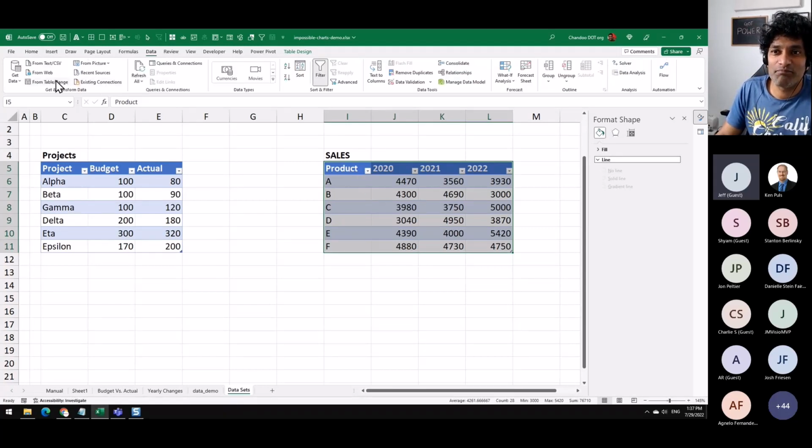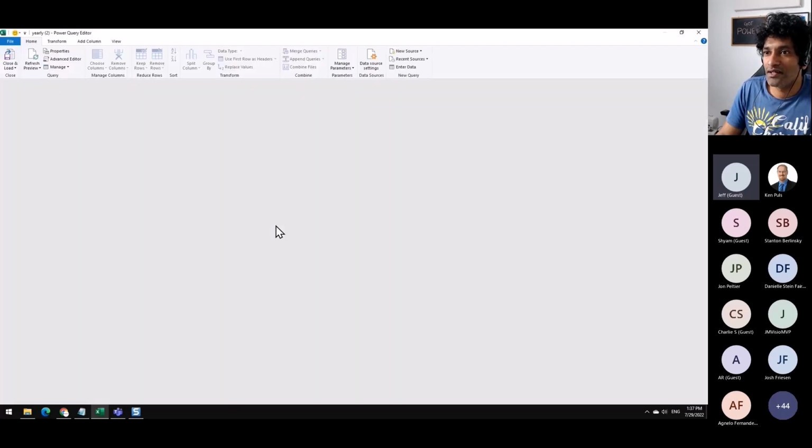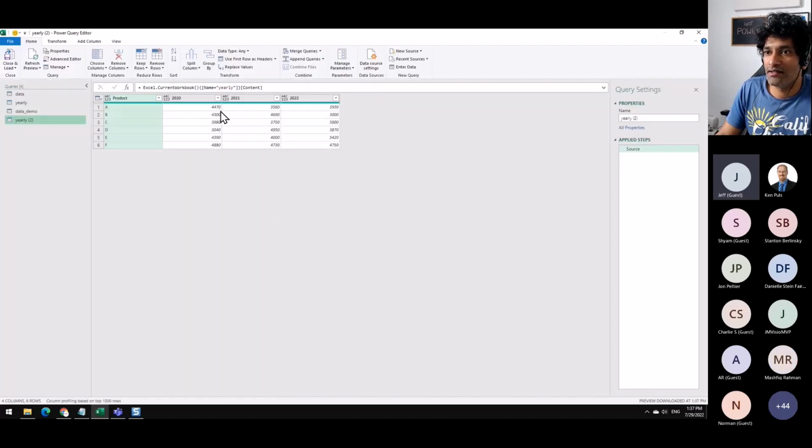So we'll load the data. And this is how the data comes up. First up, we need to calculate the individual yearly ranks. Again, Power Query has Table.AddRankColumn or something like that, but you can only add one column at a time, and there is no menu option for that. So you would end up writing M code 3 times.